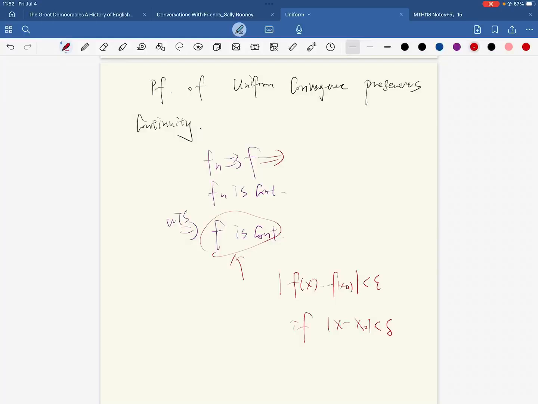This tells us that when n is big enough,